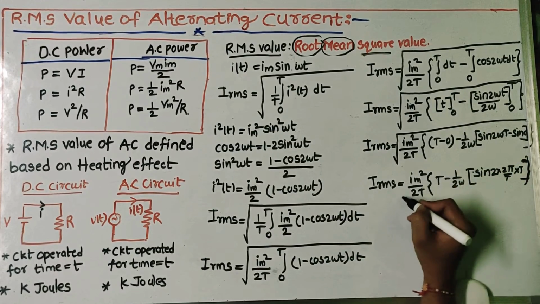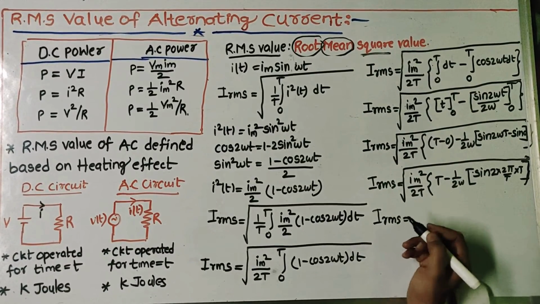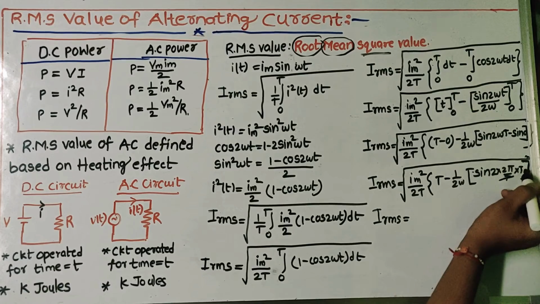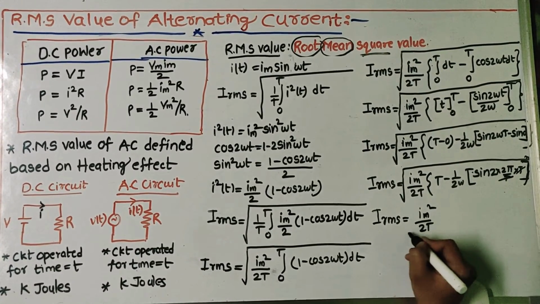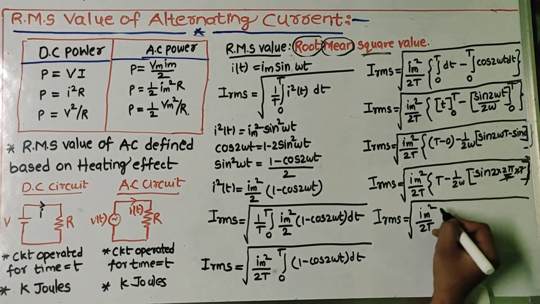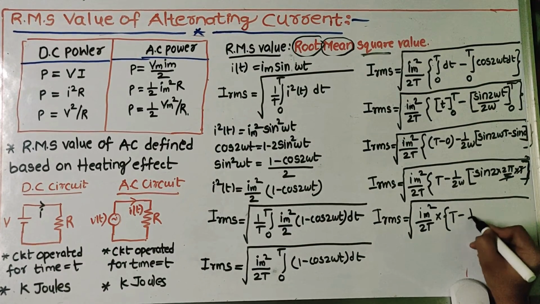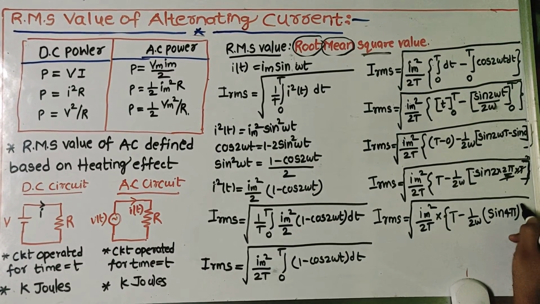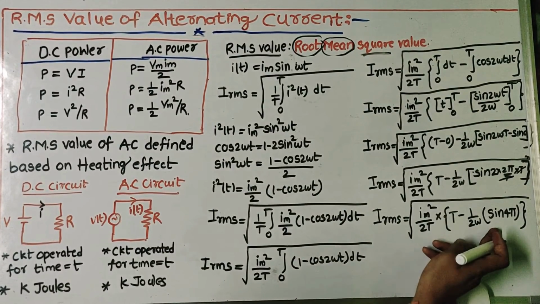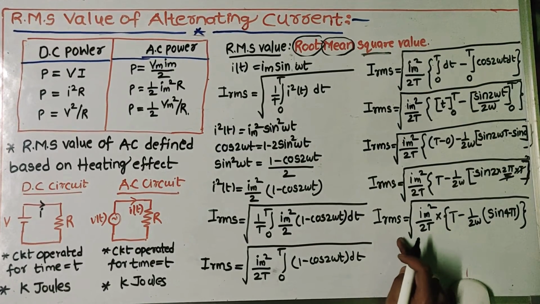We have to take the square root. Then IRMS is going to be, so this T and this T get cancelled. Here we are going to have sin 4 pi. So write that value: Im square by 2T into T minus 1 by 2 omega into sin 4 pi. What is the sin 4 pi value? 0. Then 1 by 2 omega into 0 is 0. Then what is left here? Only IRMS equals